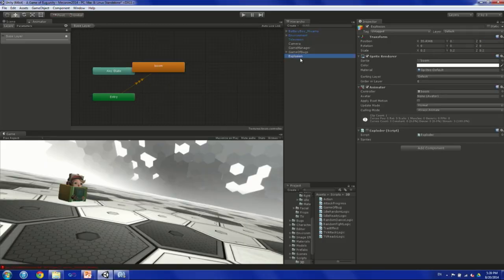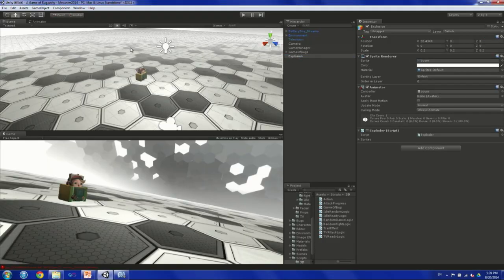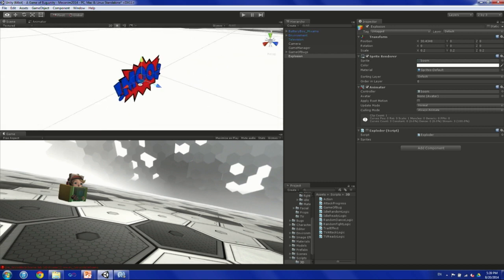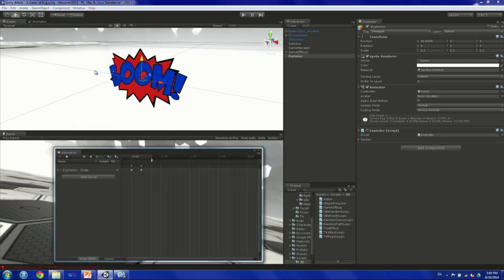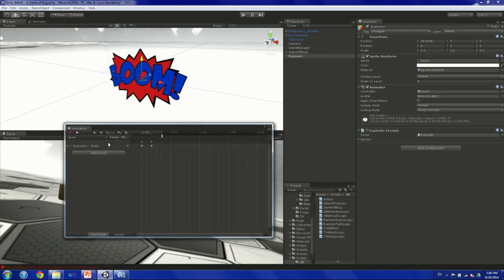But, as you've seen, it was kind of a bit boring. He hit the television, and I would have liked to have an explosion effect. So again, a little trick that I will show you, a super simple trick. I have here an explosion sprite, and I created an animation on it, a very simple animation,